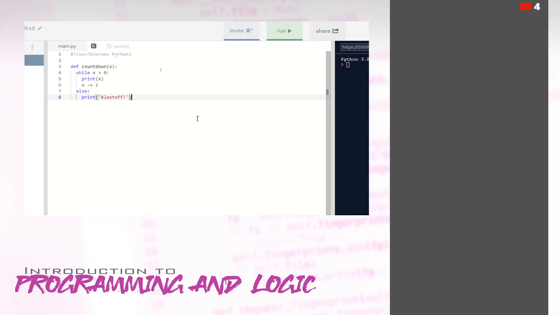Now we can put this behind our main gate, so the actual invocation won't run if we were to try to import this into any other piece of software that we want to make. So if __name__ equals "__main__", we can invoke countdown with an integer value of, say, 10 in our argument.